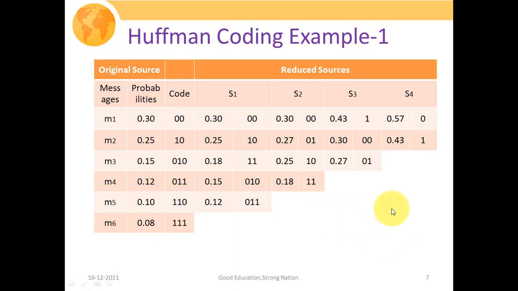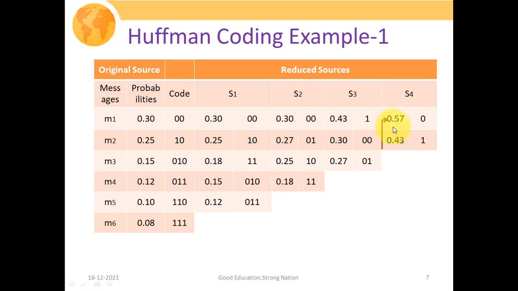As we have studied in our step 4, we have to give a certain bit to the top branch of the tree. That is, for 0.57 we assign the symbol 0, and for 0.43 we assign the symbol 1. We can change this also, that is, for higher value of probability we can assign 1, and for lower value we assign 0. But the point is we have to follow the same assumption. As of now I'm considering that for the higher value of probability I assign 0, and for the lower value I assign 1. Obviously I'm talking about these two probabilities only.